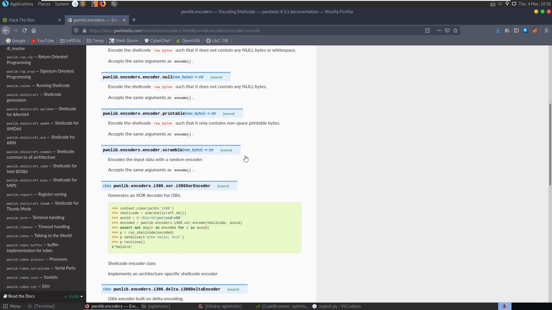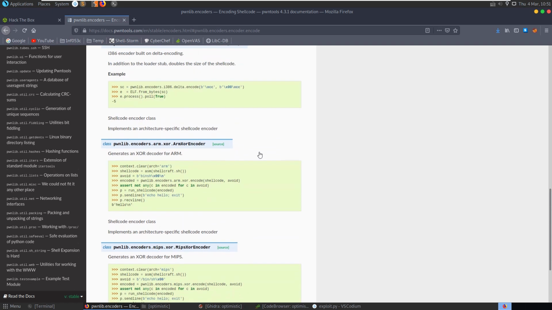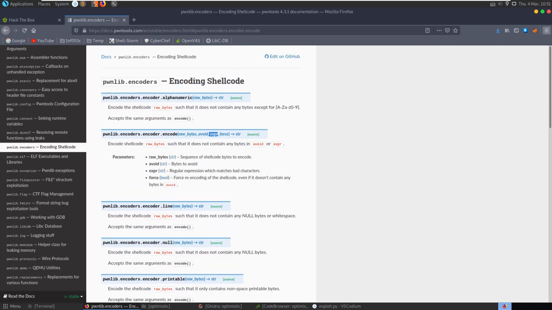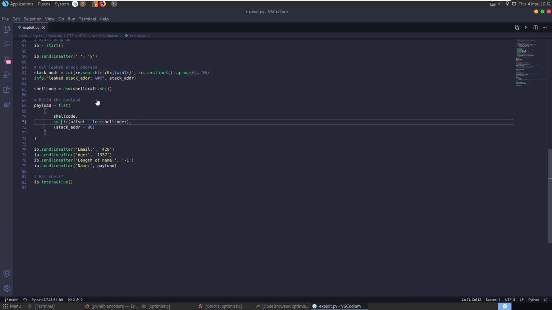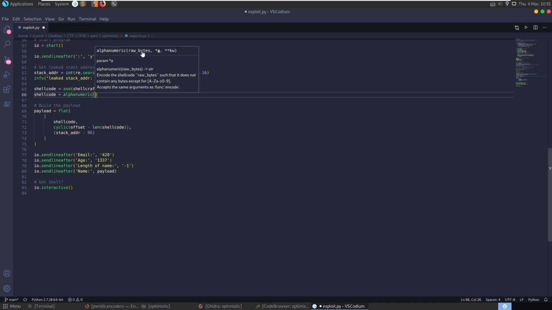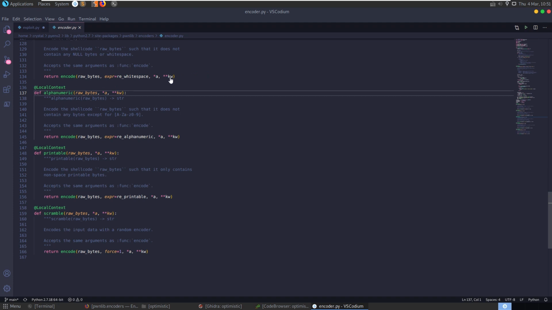We have printable, we can do XOR as well. Plenty of different options, but let's see what happens if we try to do this in pwntools. Let's go back and let's say shellcode equals alphanumeric, and we'll see here if we go to this, we can see that it takes in our raw bytes, and yeah, it takes all the same parameters. If we want to go and have a look at this, we can just follow it through and go and have a look at the code and see